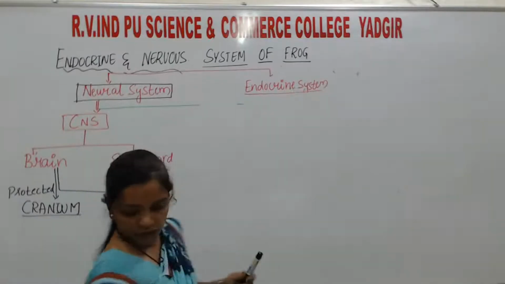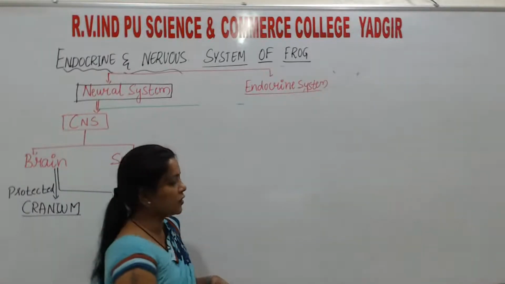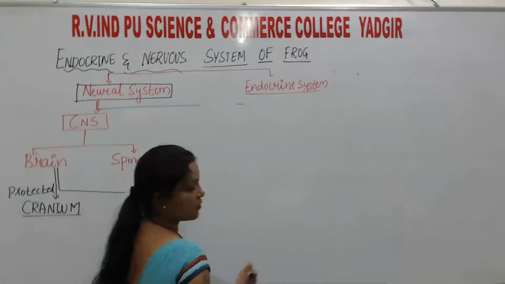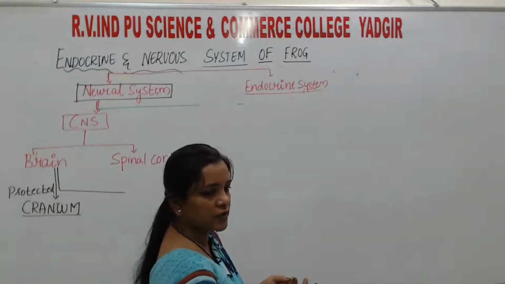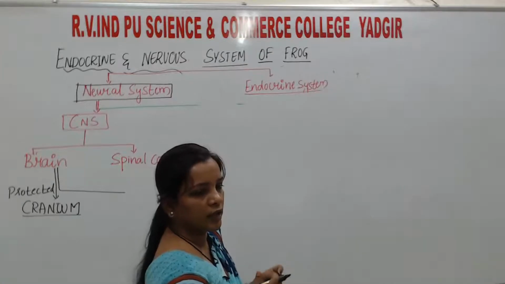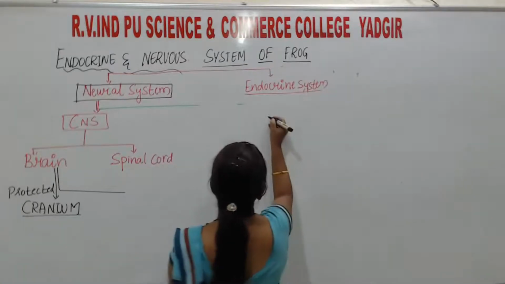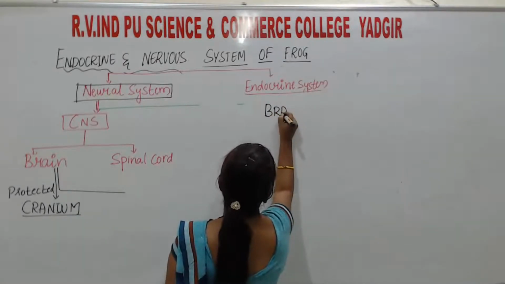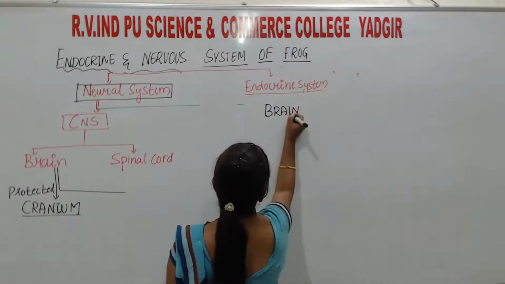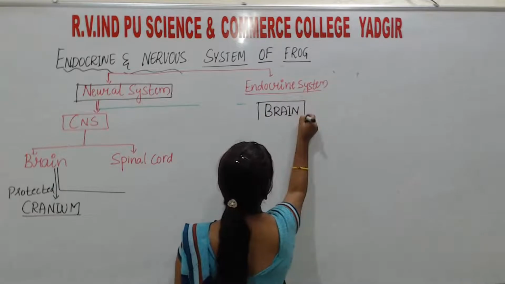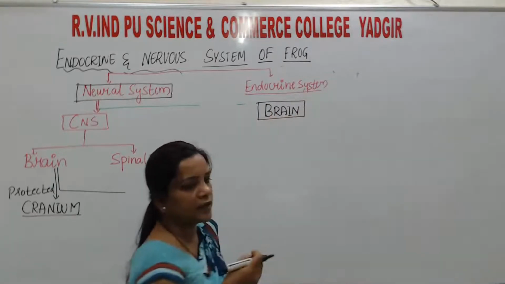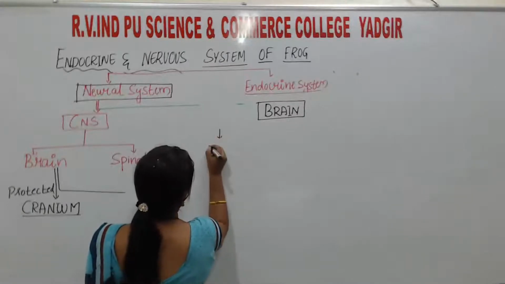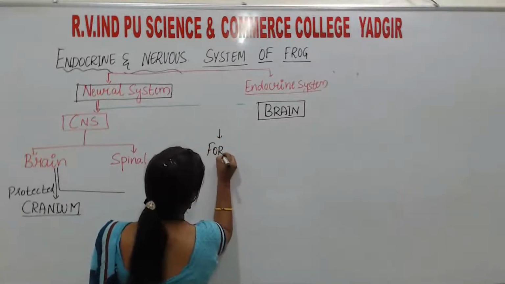What 10 pairs of cranial nerves are there which are coming from the brain? The brain is well protected by the bony structure which is called cranium. Now the brain, if we talk about a little bit of detail, is divided into forebrain,